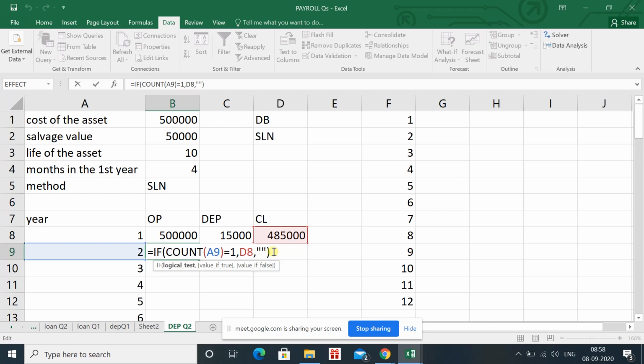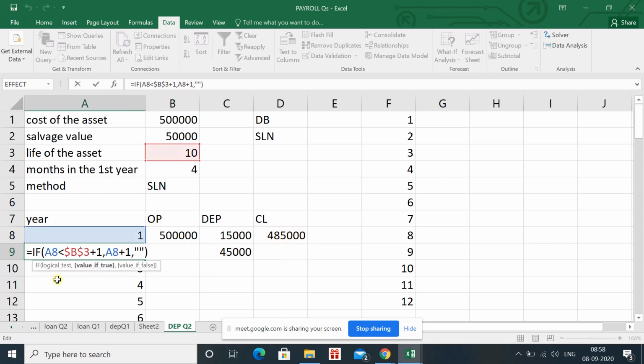Now this is the formula related to opening, and I hope that this is clear to everyone. Now we are moving to the year formula. In case of year formula also, it is applicable in almost a similar way to what we applied in case of loan and lease. First of all I am discussing the formula, then I will show the similarity and differences.